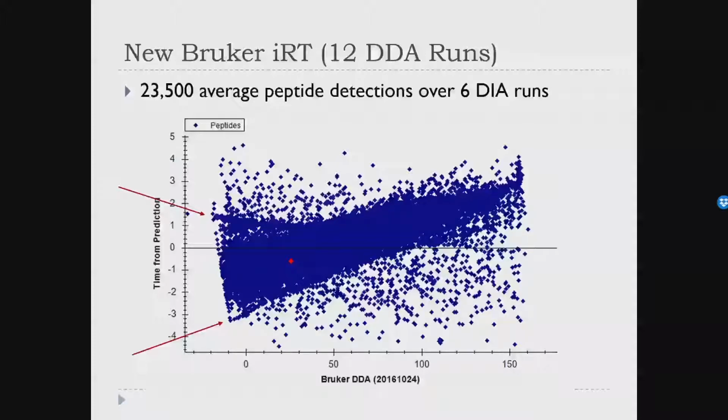Yeah, I mean, boy, would we love to just see a line going right across at 0, right? That would be the ideal. I found everything exactly where I predicted it to be. And certainly having it centered on 0 and no wider than half a minute would be awesome, right? So here, I'm going, it's better. It's actually better than before. There's nothing extending out to 15 minutes. Everything fits within a 5-minute window, but